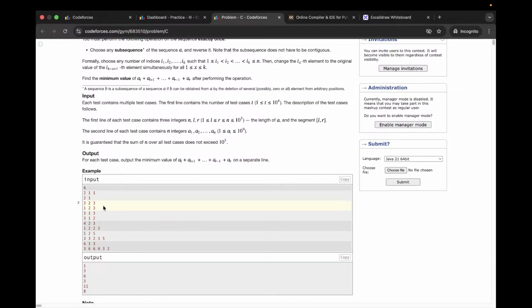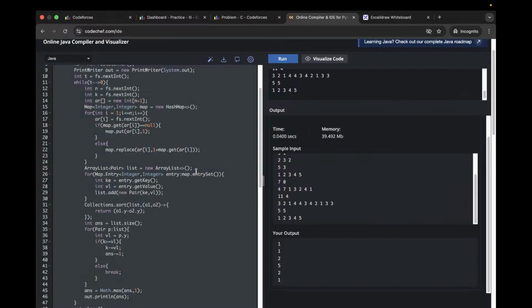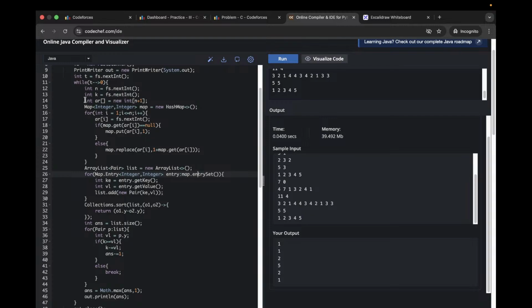So yeah, we can change it. Okay. So first, what we will do is